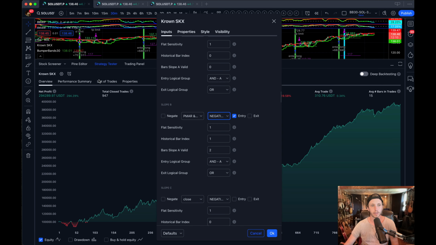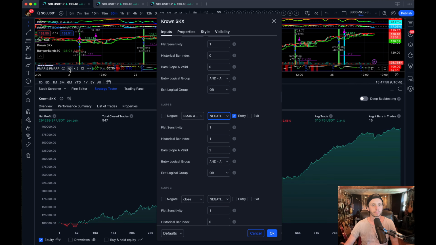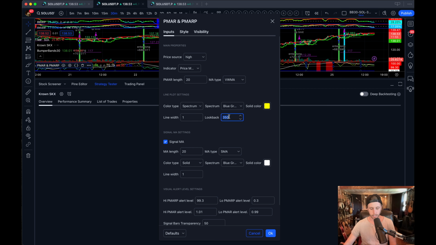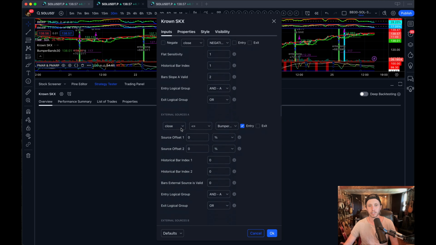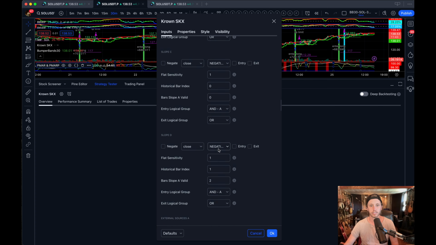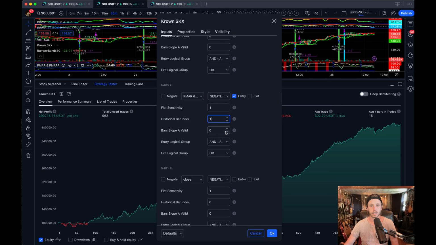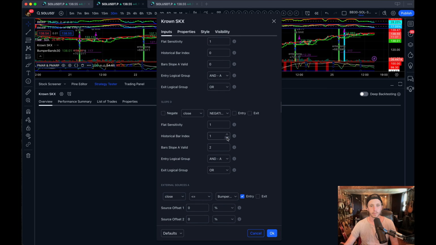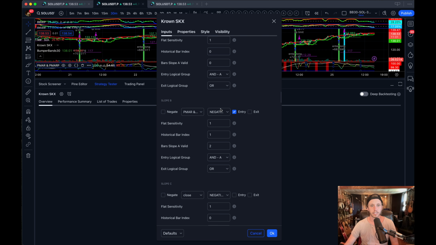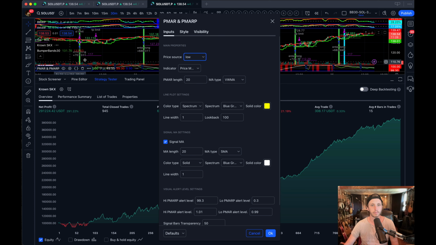I forgot what the settings for the PMARP were. 294. Okay, so that's not really making a difference at all. So I'll just leave it on negative. Low 14, 100. I'm going to try high 14, 100. And I'm going to put this on negative as well. Oh, I'm literally losing my mind. All right. Okay, that's negative. I'm going to put it on negative flat in a minute, but